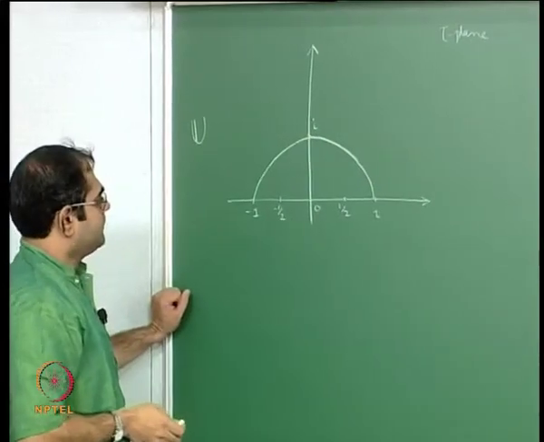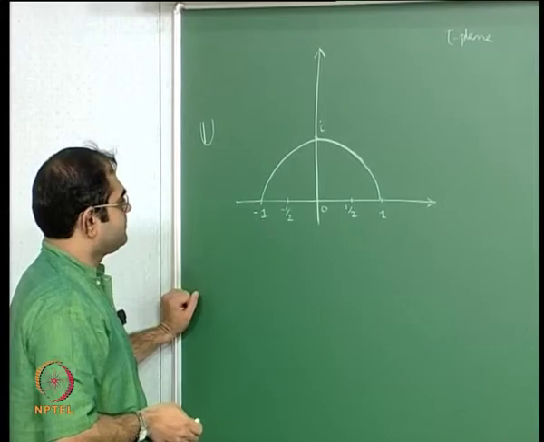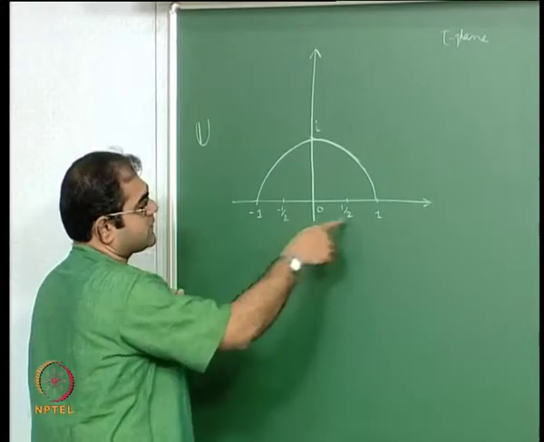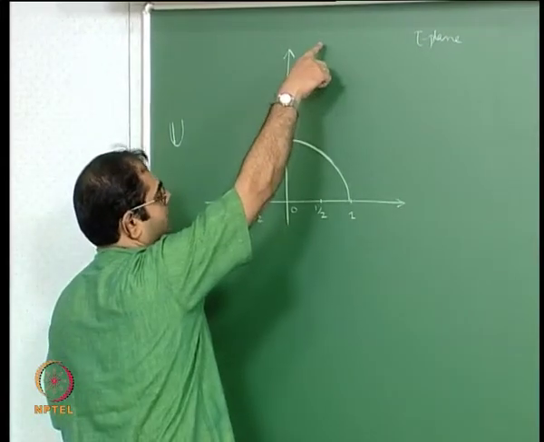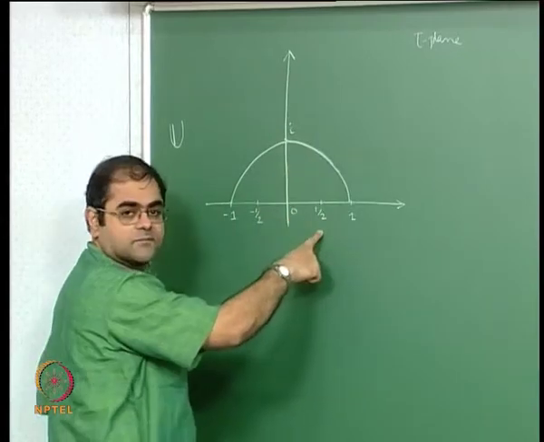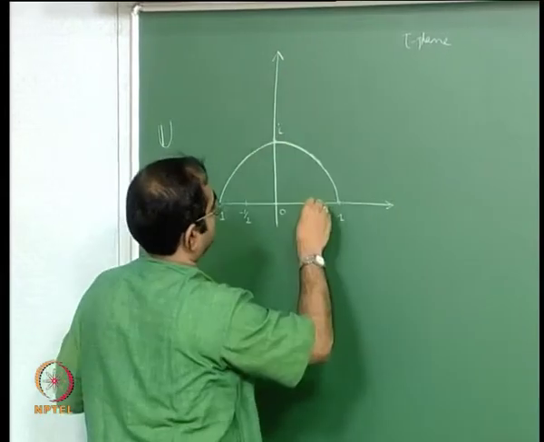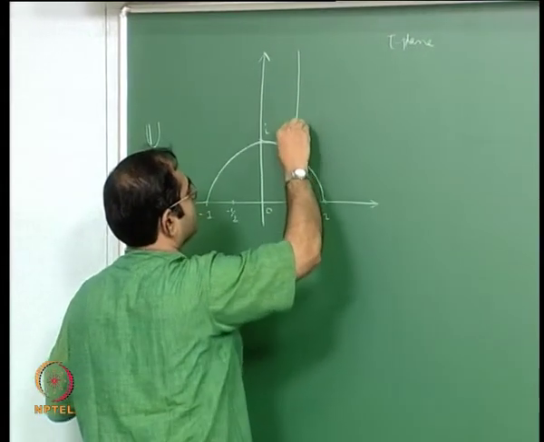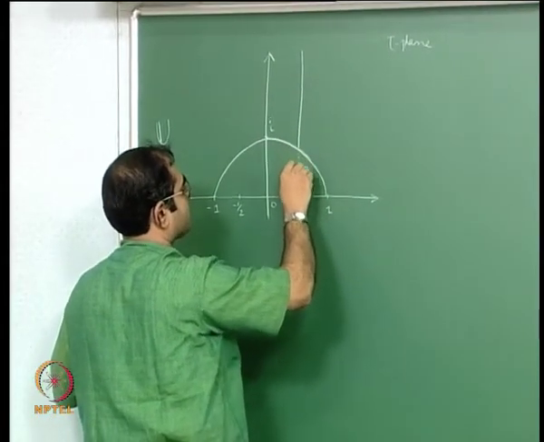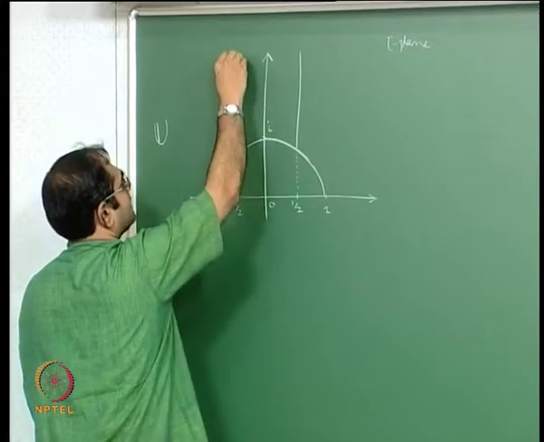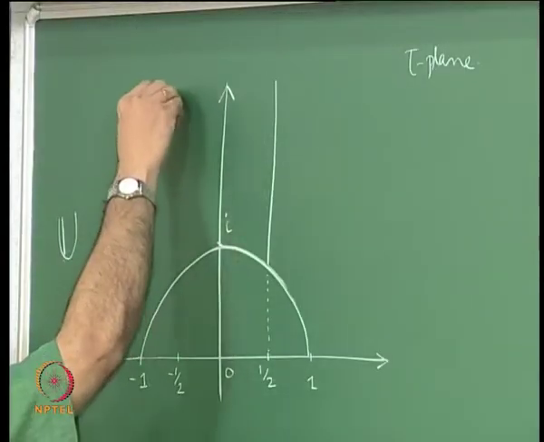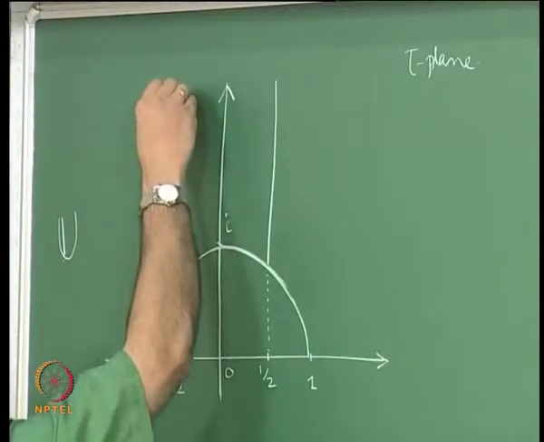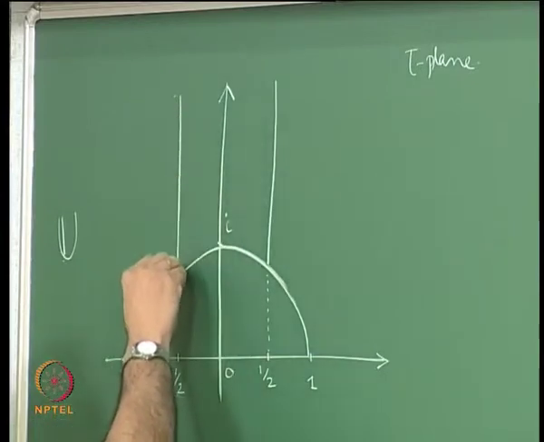And of course we also take the vertical line passing through half, which is going to be like this, and we have the vertical line passing through minus half, which is going to be like this,